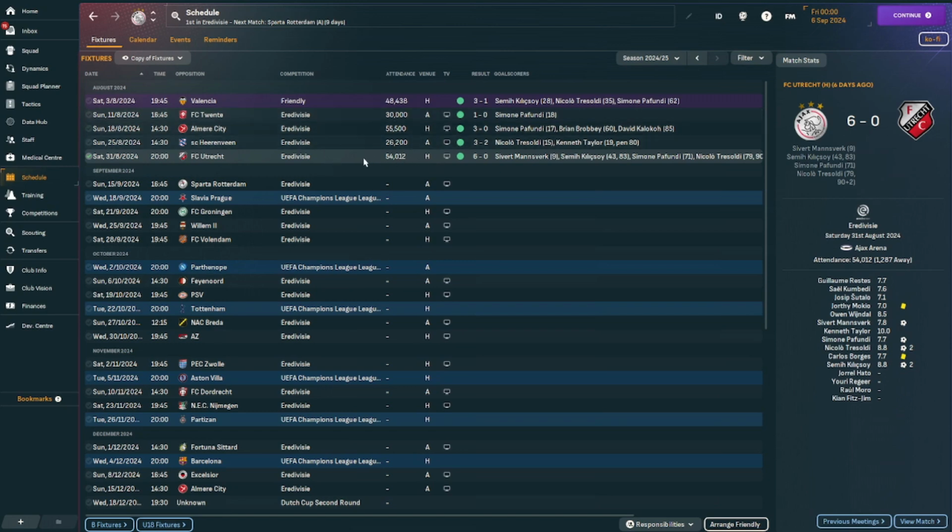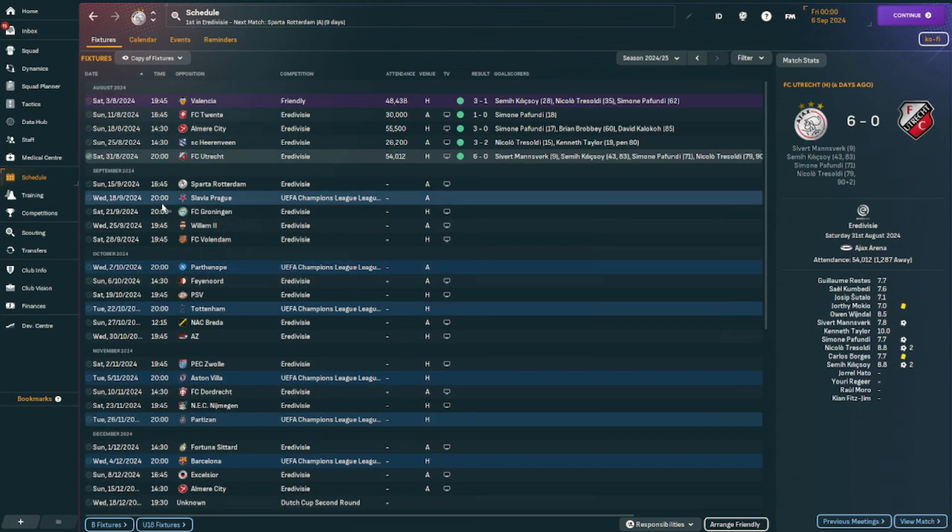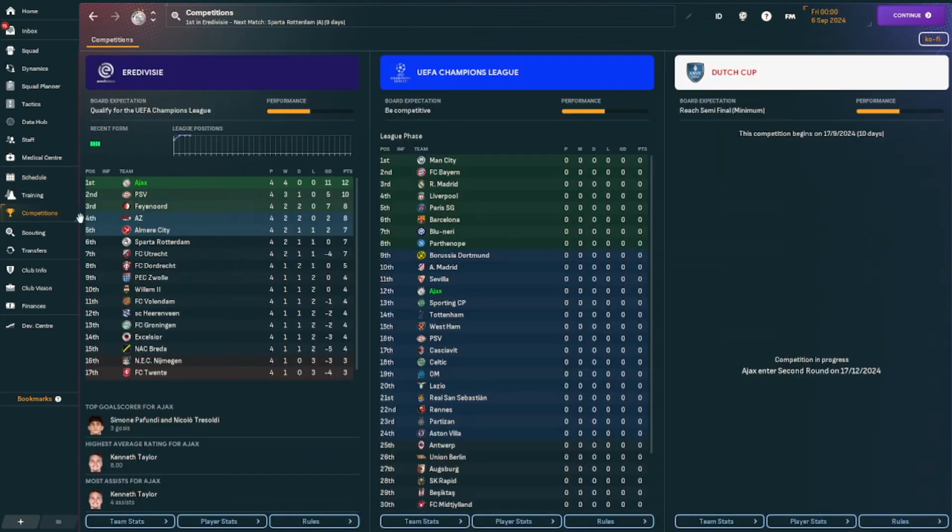6-0 in fact that game, with Trisoldi netting a brace in that one. The Champions League this season, we've got Slavia Prague, Napoli, Tottenham, Aston Villa, Partizan, Barcelona, AC Milan and Rapid. I would have expected us to go through in this competition to the next round at least anyway, and at the moment we are sitting top of the table, 2 points clear, and we are predicted 12th in the Champions